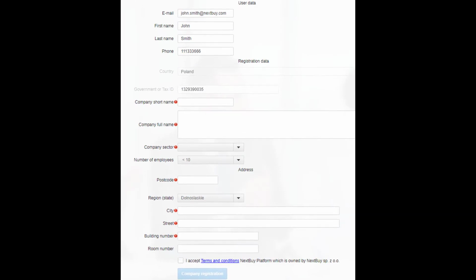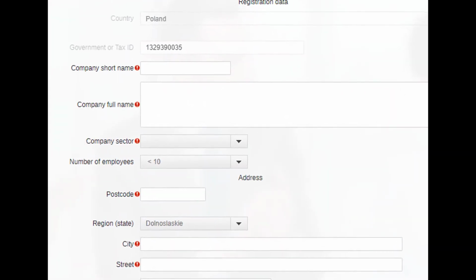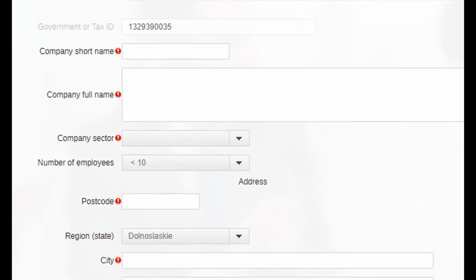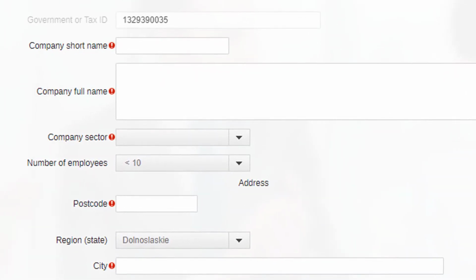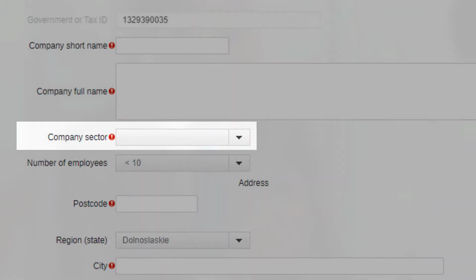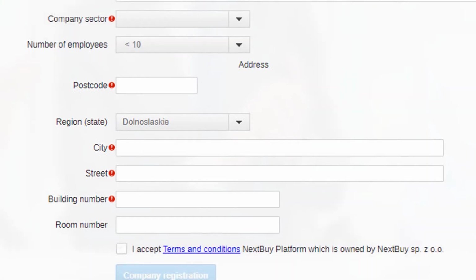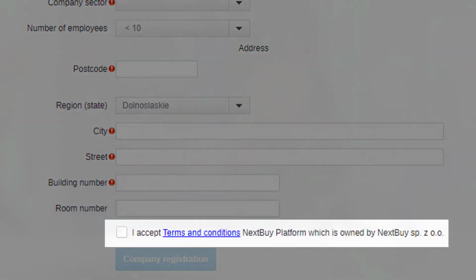On the other hand, if the company with the given tax ID does not exist in the NextBuy supplier database, fill in the required details: company's short and full name, company sector, and all address details. In both cases, at the very end of the form, you must accept the terms and conditions of the NextBuy